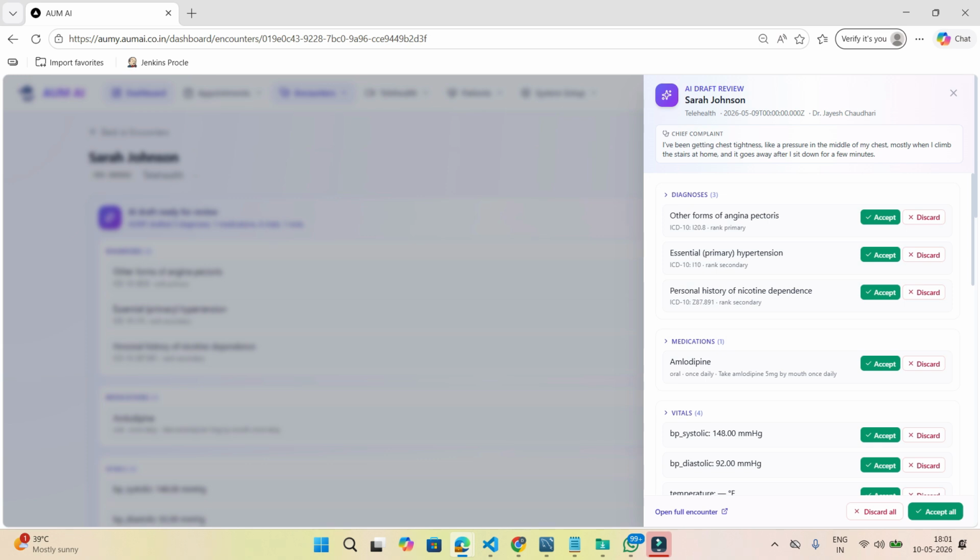The chief complaint is: I've been getting chest tightness, like pressure in the middle of my chest, mostly when I climb the stairs at home, and it goes away after I sit down for a few minutes. OMI has extracted all the sub agents. They have extracted their respective information. The diagnosis agent has extracted the ICD code I20.8, other forms of angina pectoris, which is tagged as primary. Essential hypertension, I10, is tagged as secondary, and personal history of nicotine dependence,